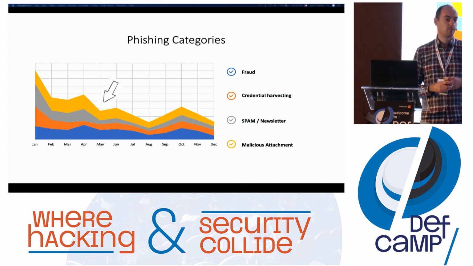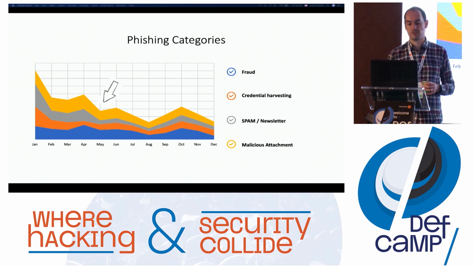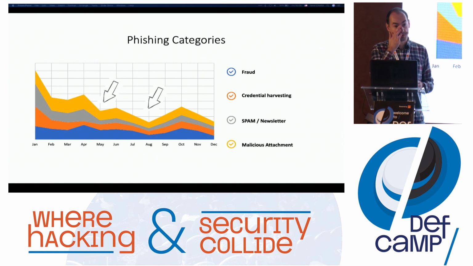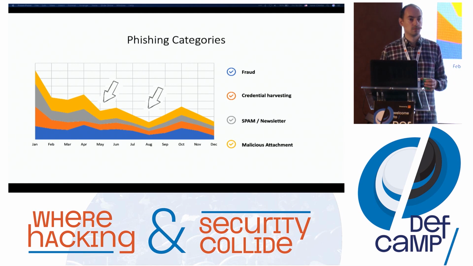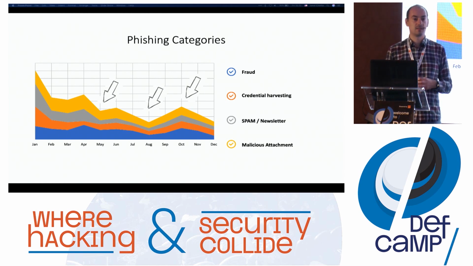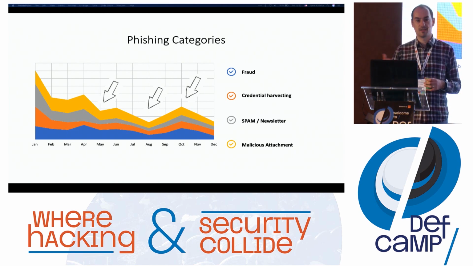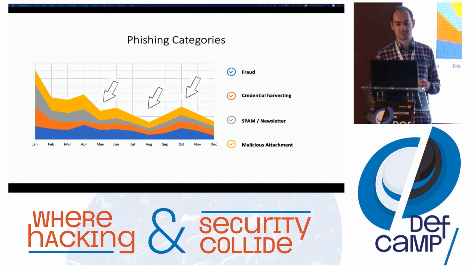Here in May, you might have implemented the SPF checks and DMARC. So logically you'll have a drop in terms of phishing emails. Next, in August, I don't know, maybe a vacation season. Try to understand why you have such low numbers of phishings. Whoa, we have a spike here. Black Friday is approaching. Everyone is bombarding us with offers and whatnot. They try to drop us malware, to steal our credentials. Try to understand and read the numbers.